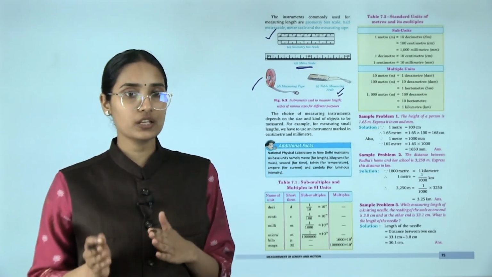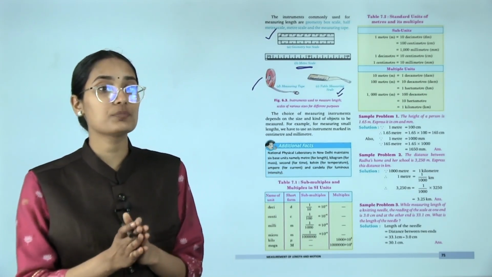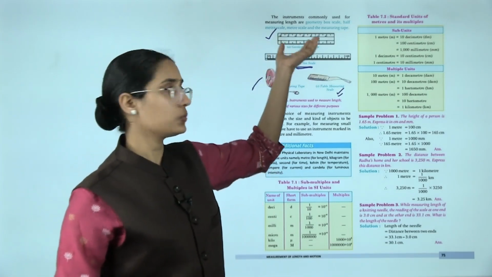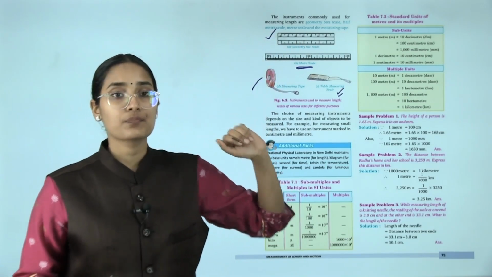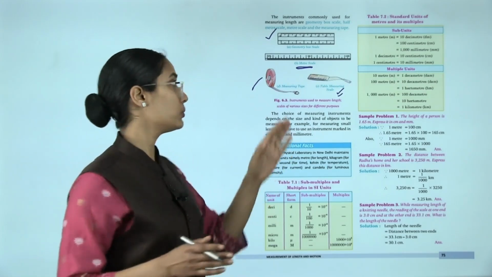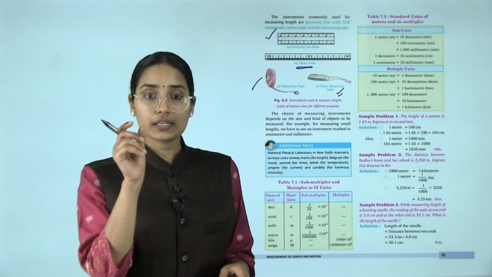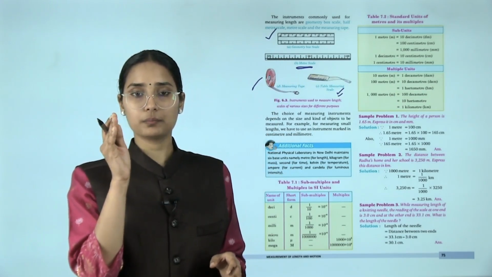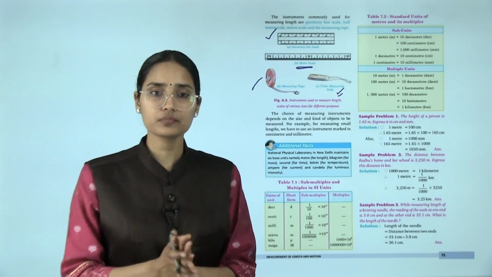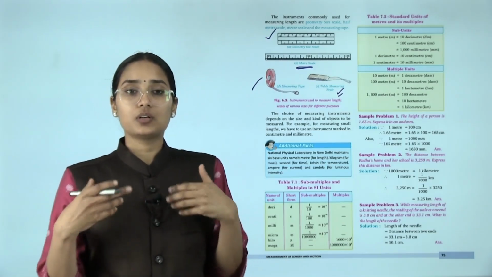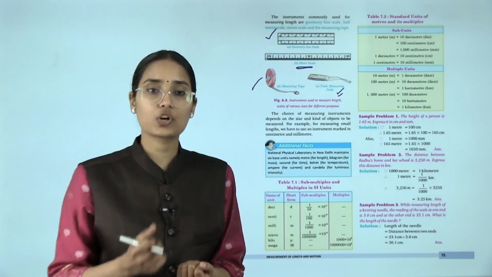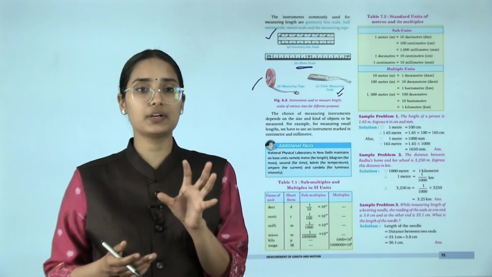So the choice of measuring instrument depends on the size and the kind of object to be measured. For example, for measuring small lengths, you can use this geometry scale. We have to use an instrument marked in centimeter and millimeter. At the same time, we also take care that the marking has centimeters and millimeters in it. So based on the length of the object that we want to measure, we choose that particular kind of